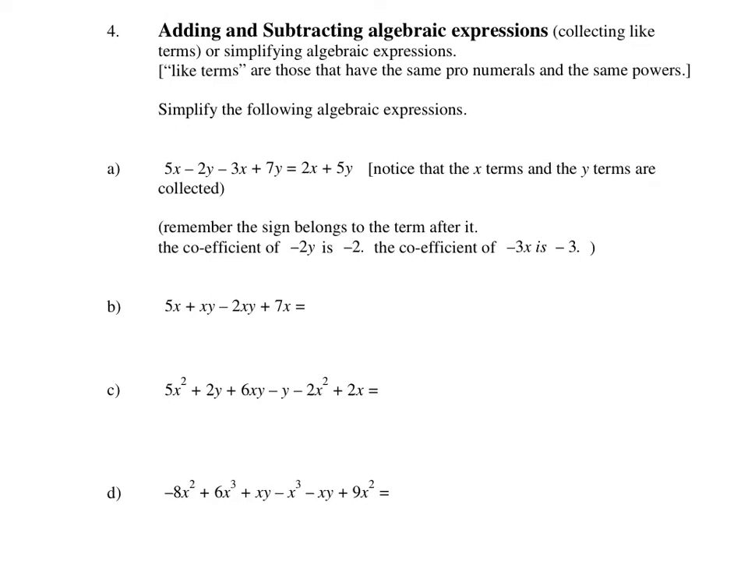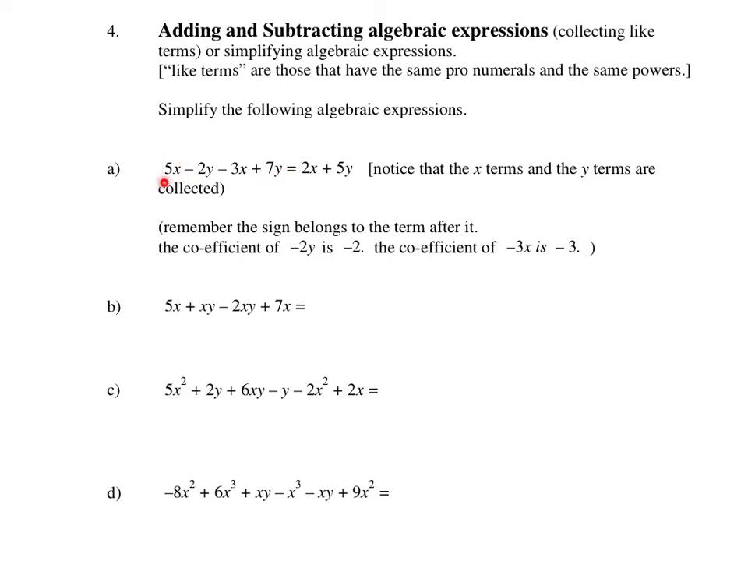On this page we're going to be looking at adding and subtracting algebraic expressions. Another way of saying it is collecting of like terms or simplifying algebraic expressions. Now what we mean by like terms are those terms that have exactly the same pronumerals in them taken to the same powers. So for instance, if we're asked to simplify 5x minus 2y minus 3x plus 7y,